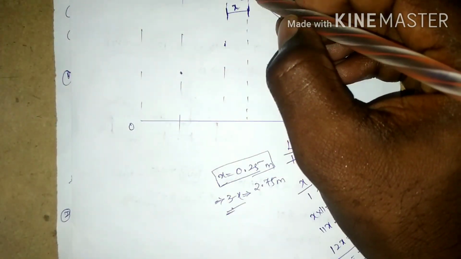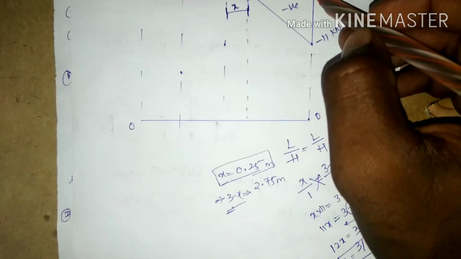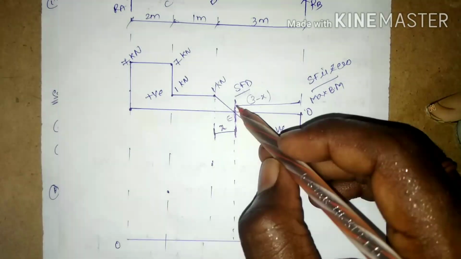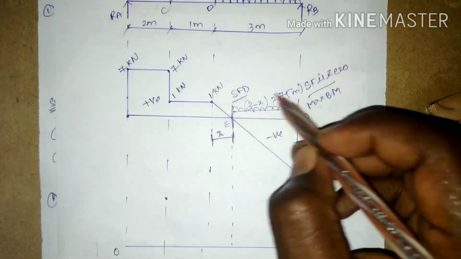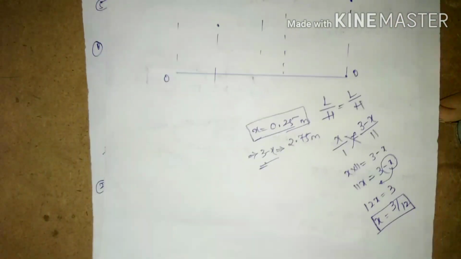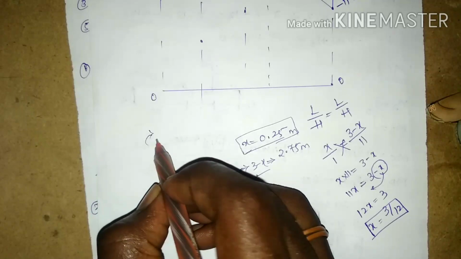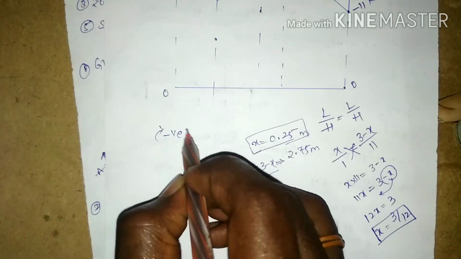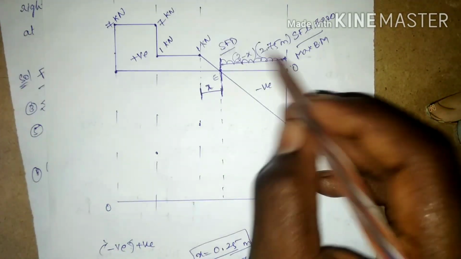Then we are going to take the moments about this point, about point E. So I am going to take the moments from RB because it is nearer to me. RB. Here we are having a UDL for the span of 2.75 meters. I am going to calculate only for the 2.75 meters. Here we are going to take the moments. We are having a sign convention that if I take the moments from RB, clockwise is negative, anti-clockwise is positive. So RB is going to take the moments in an anti-clockwise direction with a distance of 2.75. The value will be